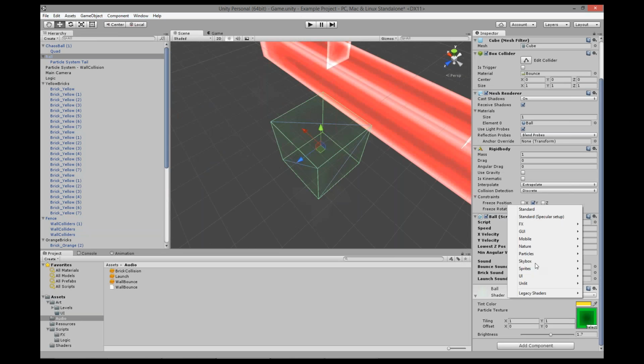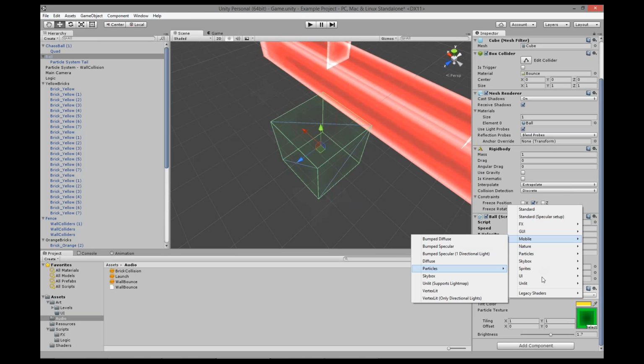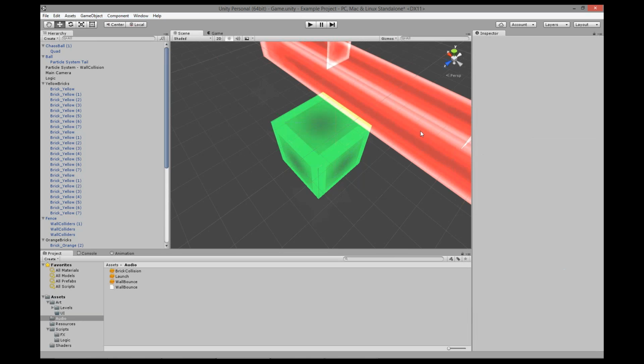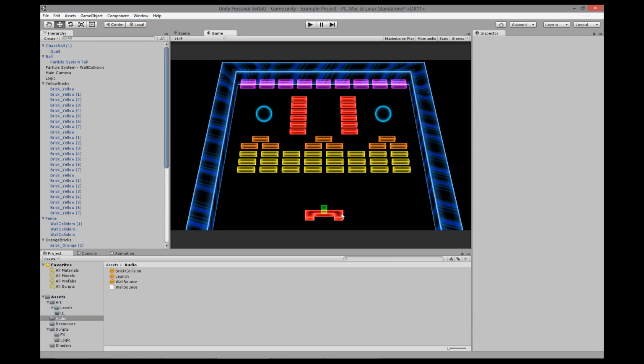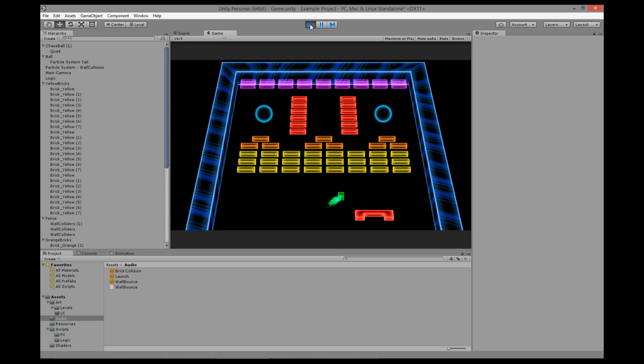Particles additive. That's why. Mobile particles additive. Didn't use the correct shader. So now you can see we have this sort of mustache looking face with a little ball. And as you can see, it doesn't move very quickly right now. But we can change it. So you'll notice how slow this ball is moving, while the game is still playing,